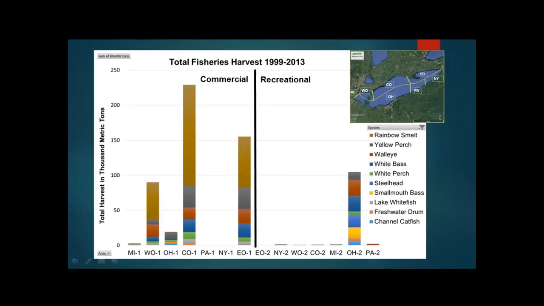If we take a step and just look at the recreational, we see that Ohio is the biggest, and I think this can be because of two things. One, again, they have the largest area of the lake, or two, they just collect more data than every other part of the lake. So this is recreational data, which means that they give surveys to fishermen, they get the surveys back, and they process the data. So if they're getting more data collected, we're going to see that in their results.